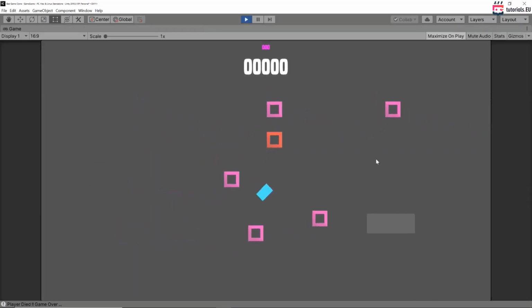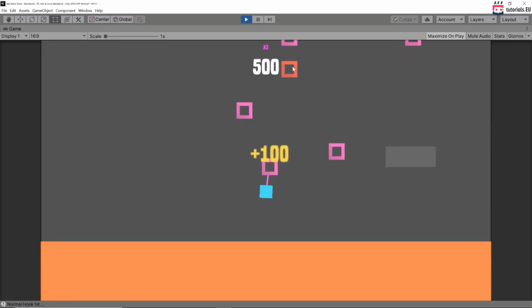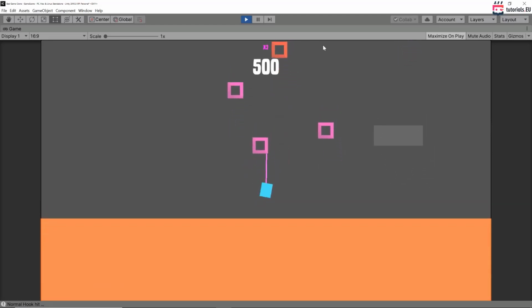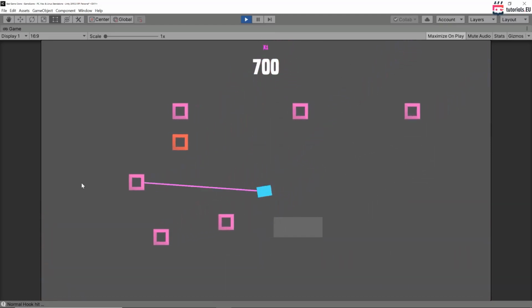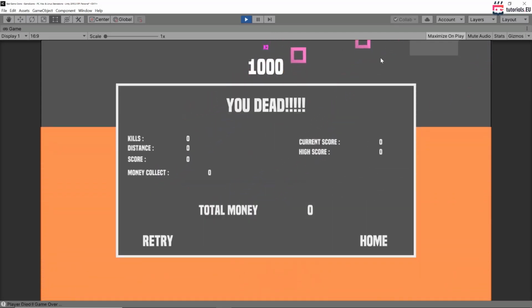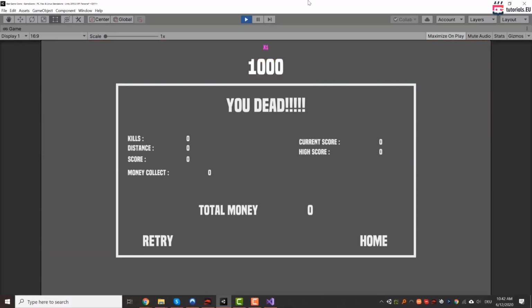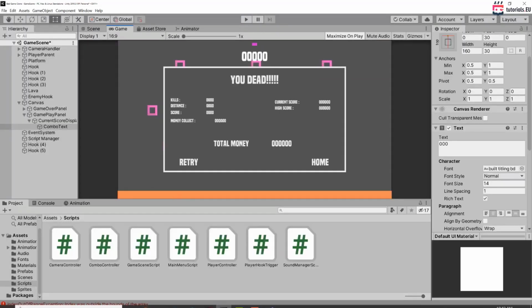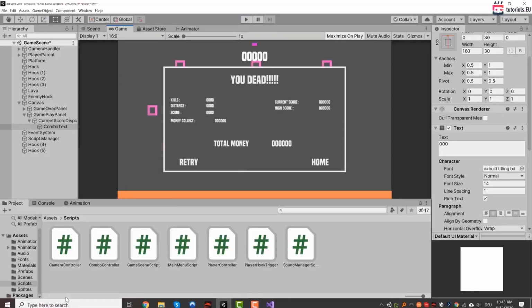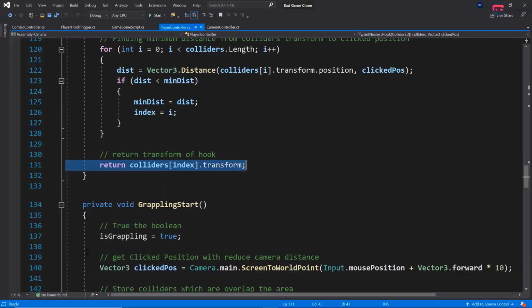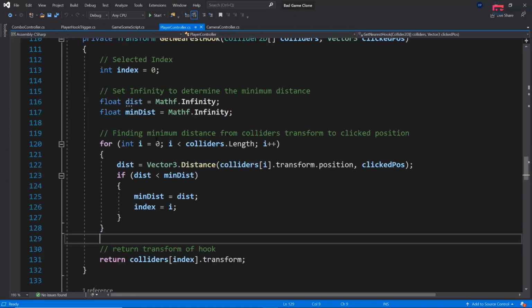Okay, let's try to make a combo. You see, I'm comboing here really hard. Okay, the combo was over and then I'm dead. Okay, let's retry. And I'm trying to access something that is out of bounds. Well, we still have this little bug here where we're trying to access the collider if it's out of bounds,